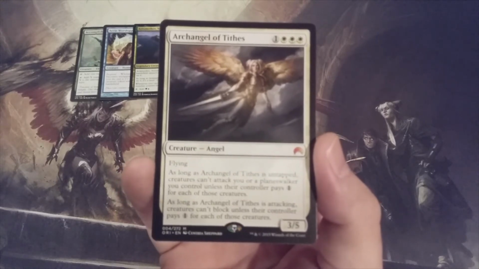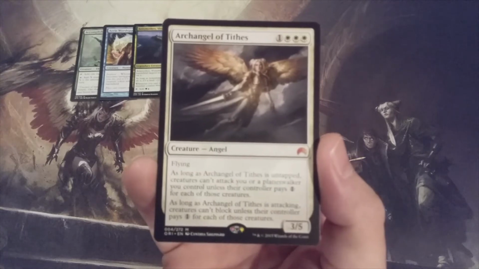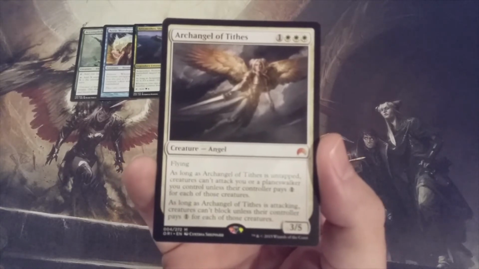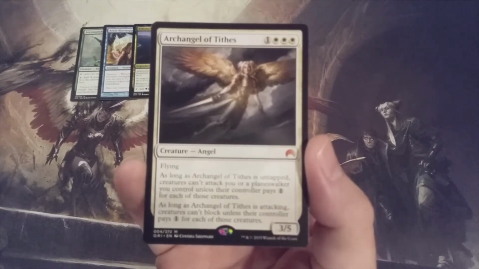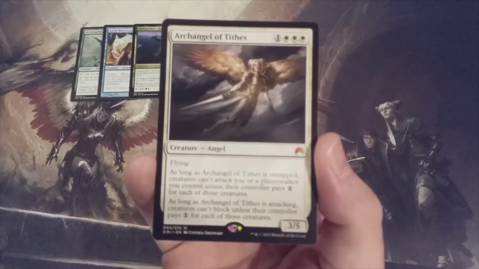And if they do so, then they have no mana to pay any of the taxes that Archangel of Tides forces you to do. And when she's untapped, you cannot attack. Opponents cannot attack us if Archangel of Tides is untapped unless they pay 1 for each of those creatures. If they're investing all of their mana into summoning the creatures, they have no mana to pay the tax for